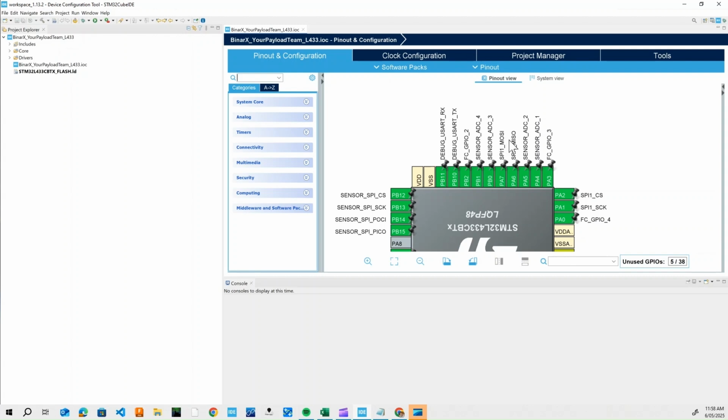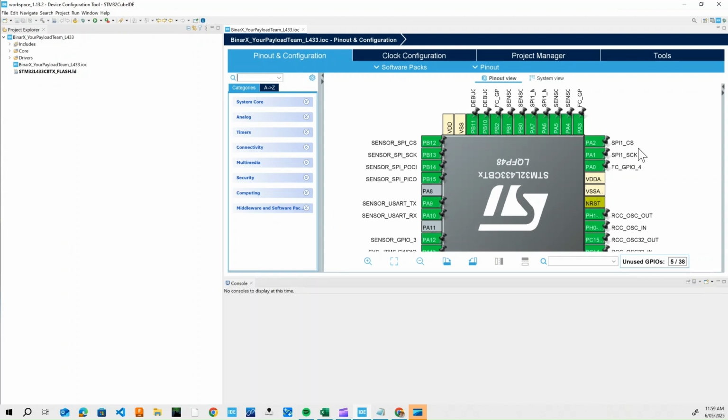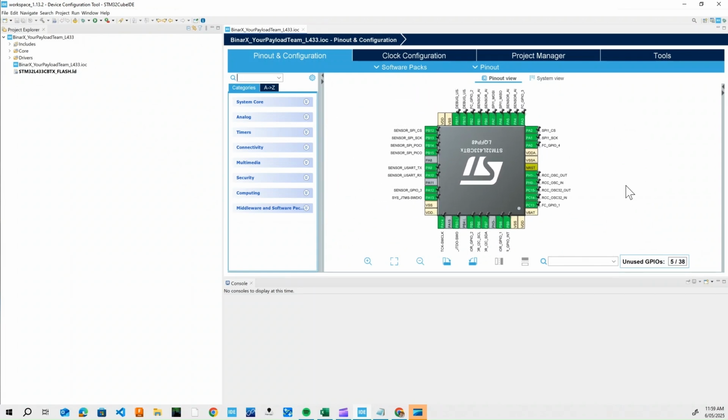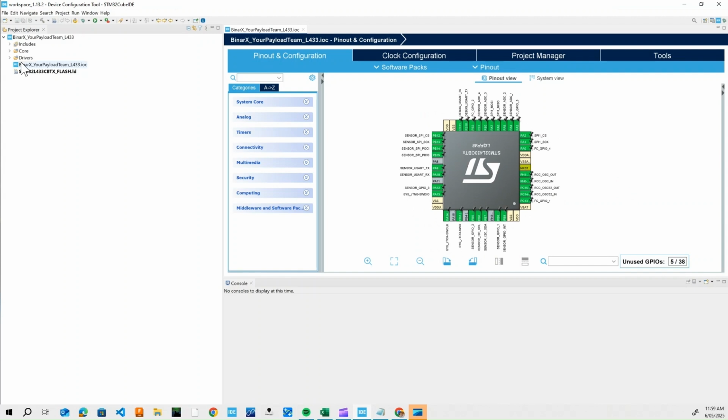If you're using any of the SPI ones, actually not those. If it doesn't say sensor in the front, it's not the one you're going to want to connect to. So just be on the lookout for that, but we won't worry about that this week. You just need to be aware. We're just going to use sensor_GPIO_1. So go back up to your Project Explorer